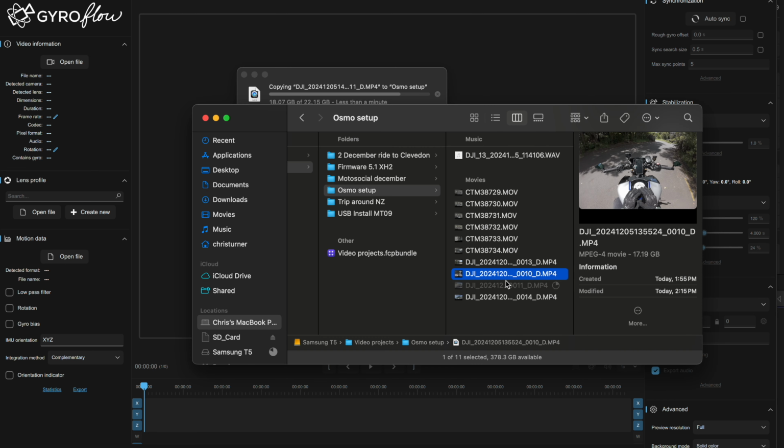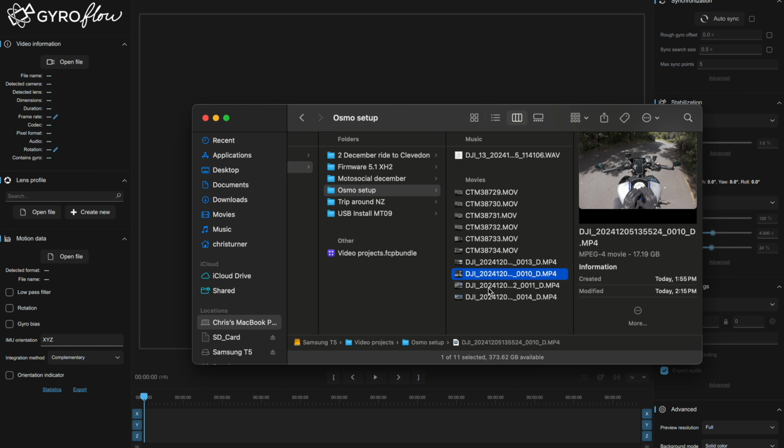You can see it's split it into two different files, although this is just one recording, but it gets to a limit where it will stop at around 20 minutes, but that's fine. You can just put these back to back in your editing software and they'll match up perfectly with the audio and everything like that. Alright, now that's finished importing, we'll go ahead and drag one of those files into Gyroflow,